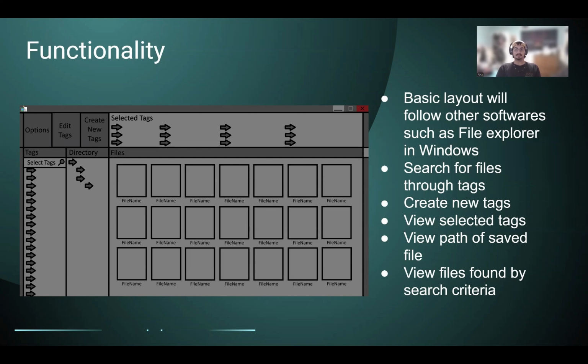Here on the slides is a view of what the actual program would look like. On the top bar, you can see the options for file settings, edit tags, and create new tags, as well as off to the right, you can see the actual selected tags you're currently searching with. On the left side of the screen, you can see created tags and the image file names that would be